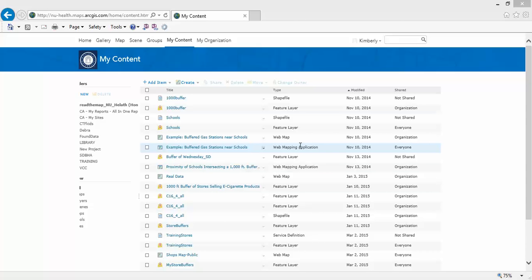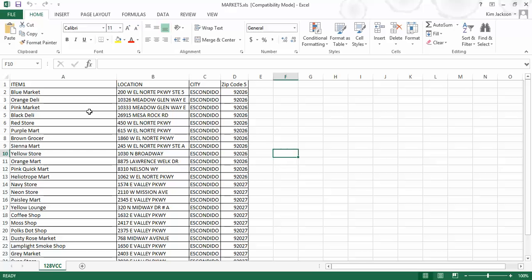Now that we're familiar with the ArcGIS Online organizational account navigation and some of the tools, let's go ahead and add some data so we can start doing some mapping. Most times our data may come to us in Excel spreadsheet form. So here we have an Excel spreadsheet called markets.xls, and the first thing we want to do is look at